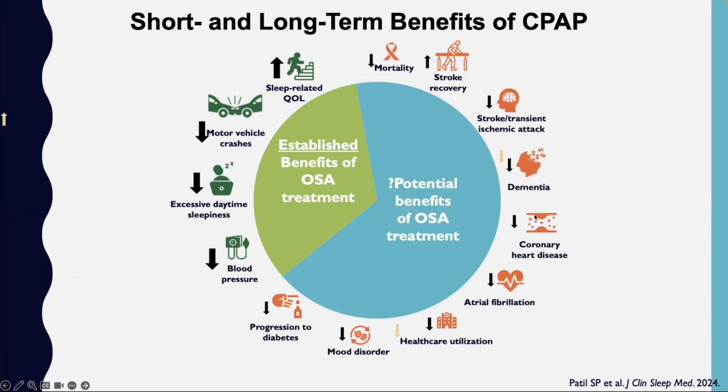However, these areas in orange, including outcomes such as stroke, AFib, coronary heart disease, or diabetes, it's really not clear. There are several observational, non-randomized studies that have demonstrated a significant association between sleep apnea and these cardiovascular diseases and improvements in these endpoints. But randomized controlled trials really have told us a different story, and I'll go over that a little bit in